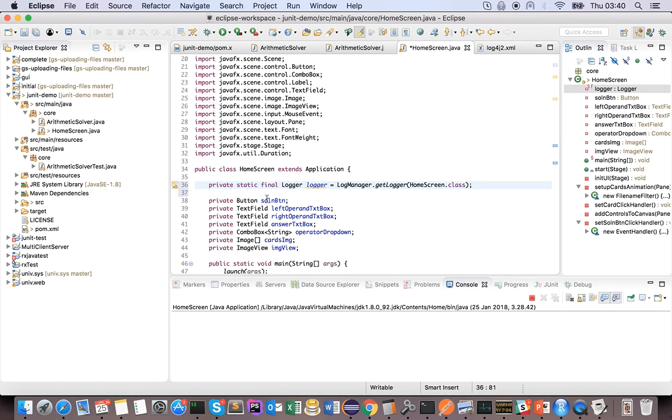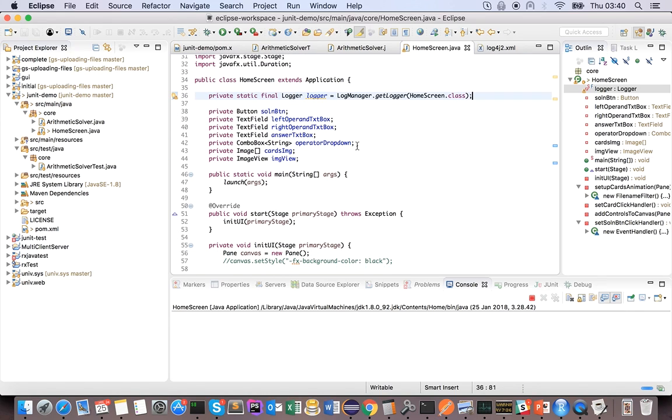Yes, and once that is done, that's set, we now have log4j working. So right now the main thing is we can now start logging in your application. If you notice, this has to be private static final. Final because it cannot be changed once it's been defined, and static just so that log4j is able to use it and manipulate it without instantiating your class. Okay, so